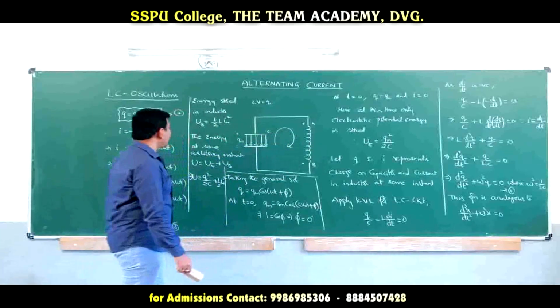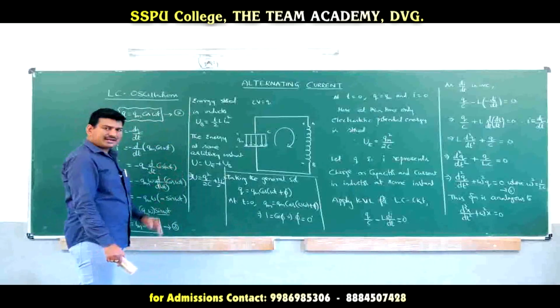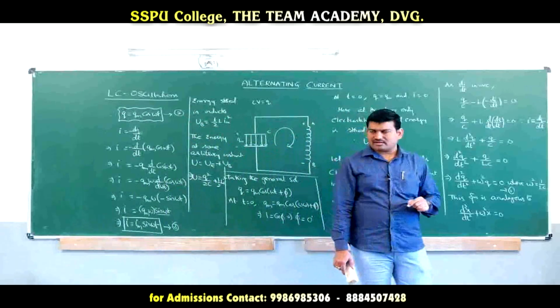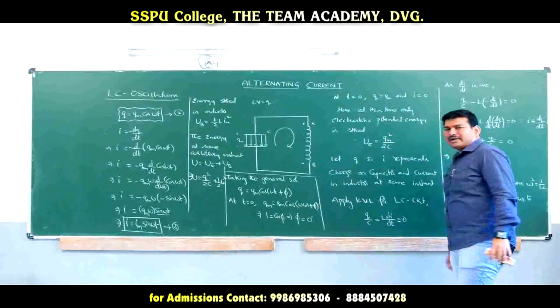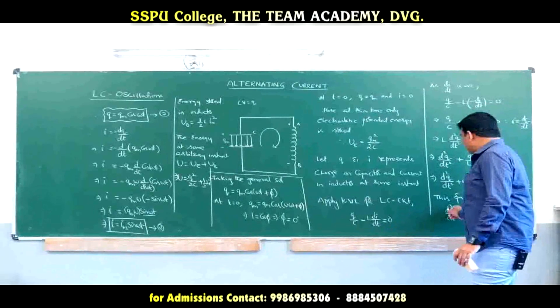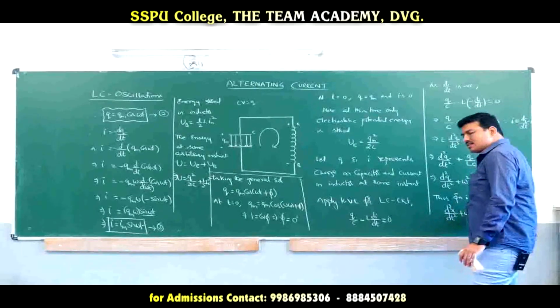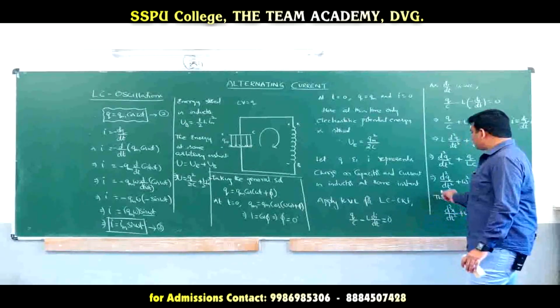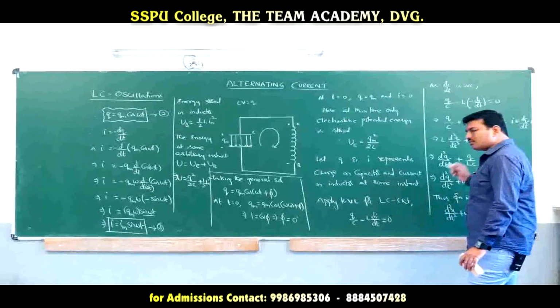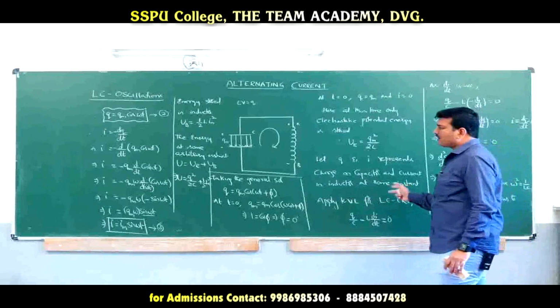And if you see here, one more thing, we will have some similarities with the mechanical oscillator. The LC oscillator case will be similar to what? Mechanical oscillator. In the case of a mechanical oscillator, we have d square x by dt square plus omega square x is equal to 0. Whereas in this LC oscillator, we have d square q by dt square plus omega square q is equal to 0. So I will show the differences between those two.